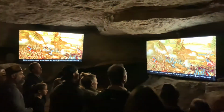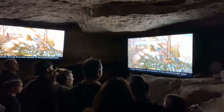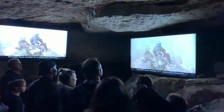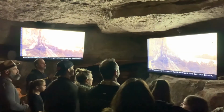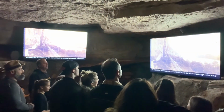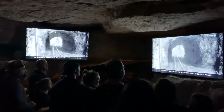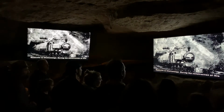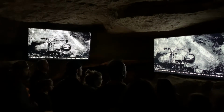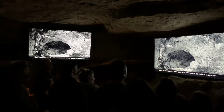This same cave was used by both Union and Confederate forces during Civil War battles in the Chattanooga area, perhaps most notably as a temporary hospital. As Chattanooga became a large railroad hub for the South, it became necessary to construct a tunnel through the end of Lookout Mountain to provide rail access from Nashville to Chattanooga. During the construction of this railroad tunnel in 1905, the Lookout Mountain Cave entrance was intersected and sealed off from